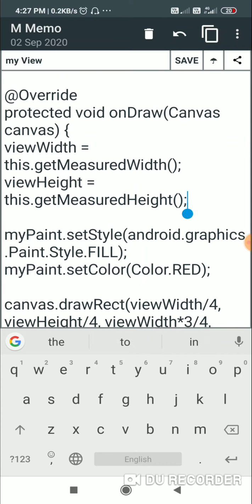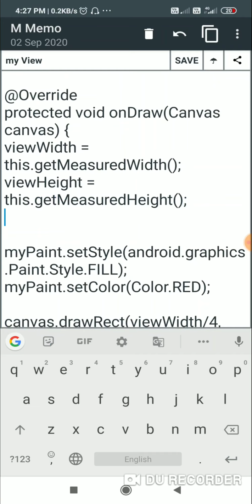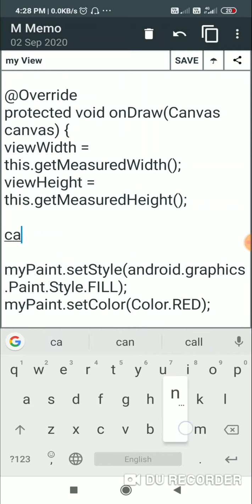Now after this I will set some background for this canvas. For setting the background, we can simply write canvas, the canvas should be in small letter, it should be same as this.